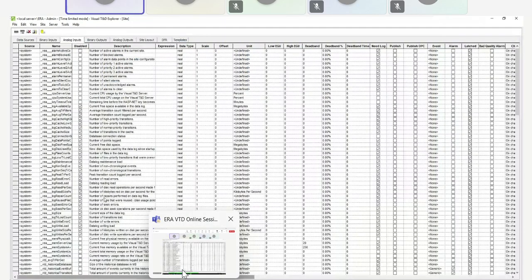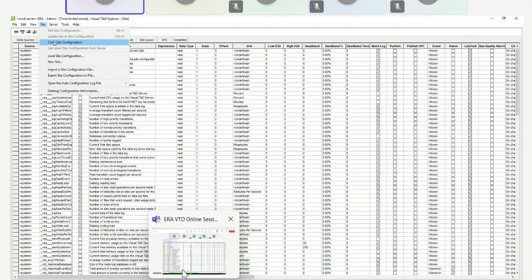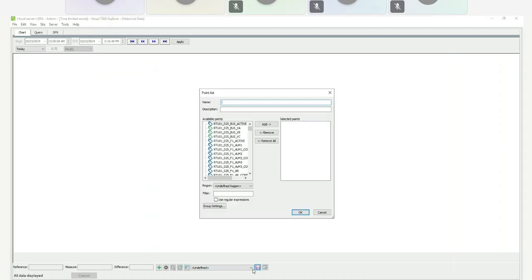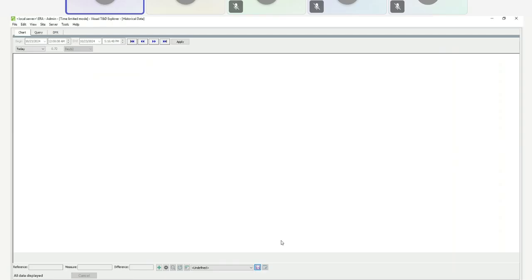Site. I will just close the site. Okay, yeah, I remember already. So for the historical data, this is the default page.